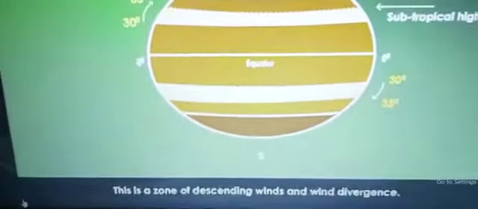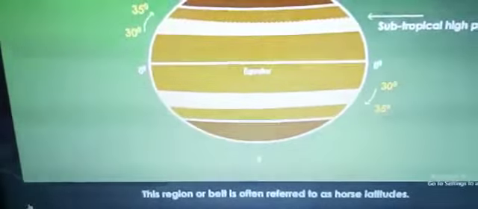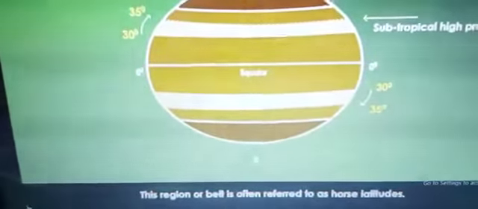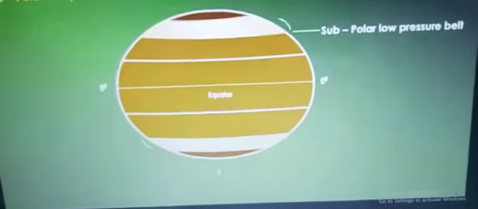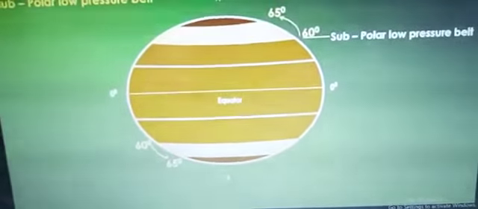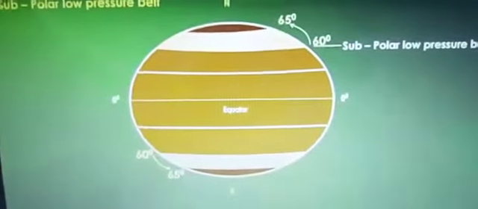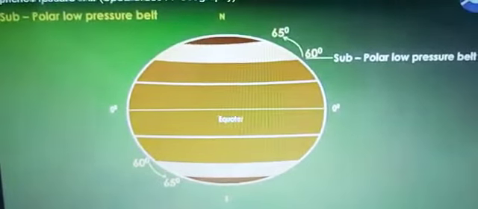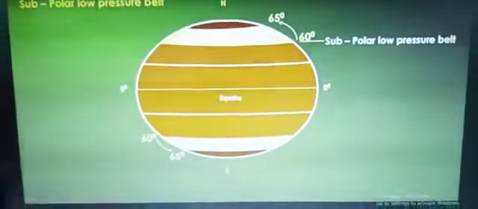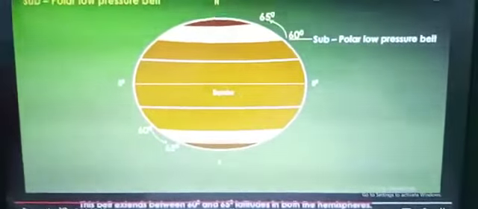Now children, the next ones, two are left here. Children, I suppose the time is running out, so I will send you the next slide of the circumpolar or polar low pressure belt and the other polar belt in the next video. Till that time, children, you go through the lesson and find out the question answers of humidity and do it in your copy, children. Okay children, then I will end my class here. Take care of yourself. Have a good day, children.